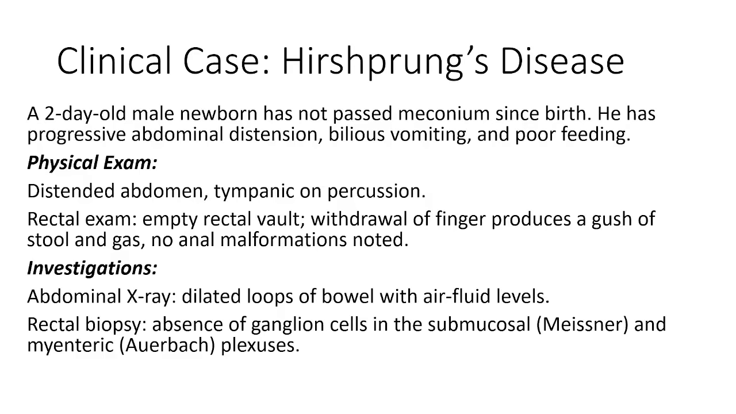We will still come back to the case that we had, so that's another one. A 2-day-old male newborn has not passed meconium since birth. He has progressive abdominal distension, bilious vomiting, that is vomiting with bile, and poor feeding. So the baby is crying all the time, may even look blue because of the cry, has distended abdomen, which